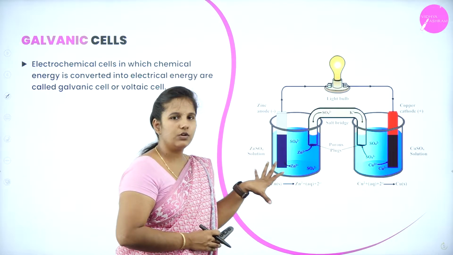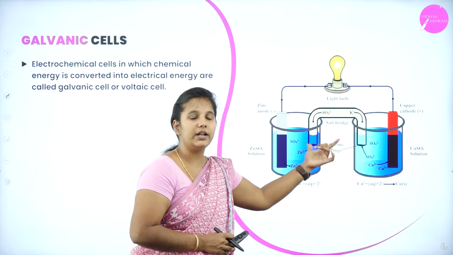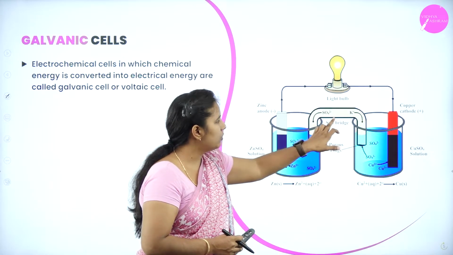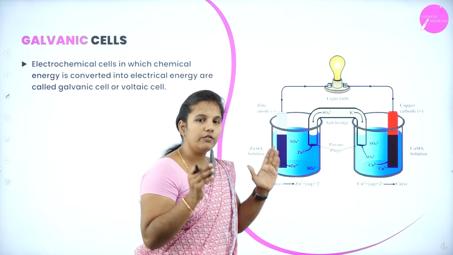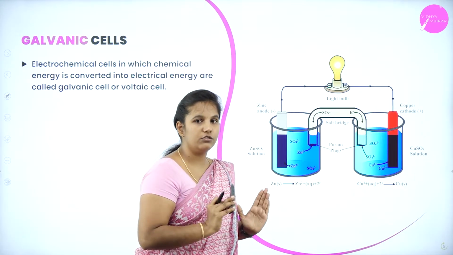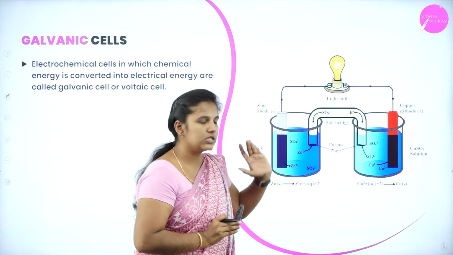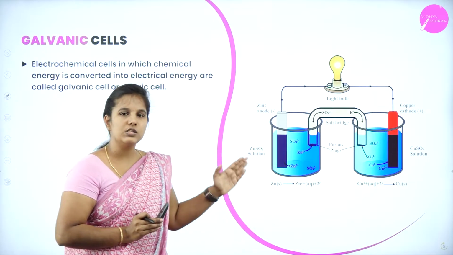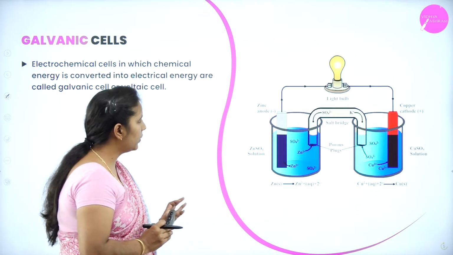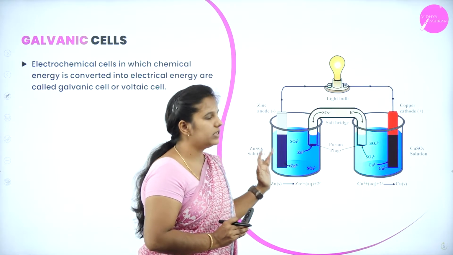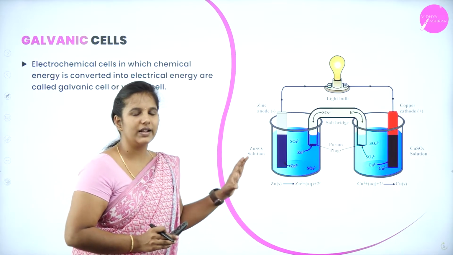Understood? And also, in order to connect these two solutions, I have placed an inverted U-shaped structure which is known as a salt bridge. It always connects the two electrolytic solutions. So instead of mixing, for the transfer of electrons, this salt bridge will be very helpful. You will learn more about the salt bridge in the coming slides. And the entire setup I have placed in the presence of an electrical field. Hope you all understood the construction.